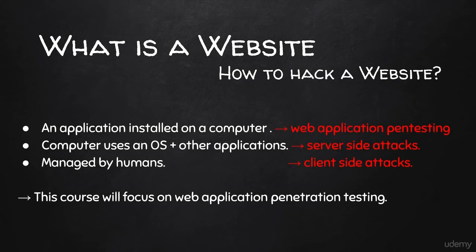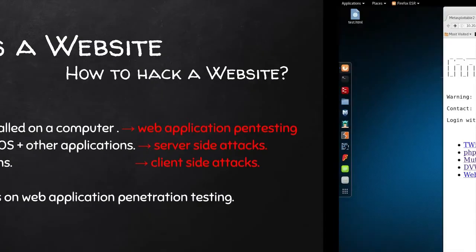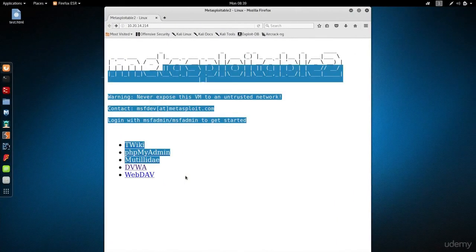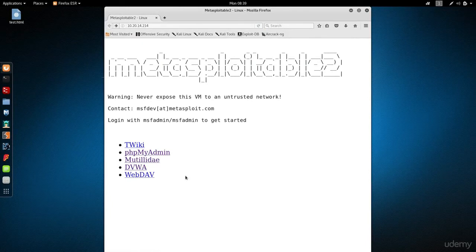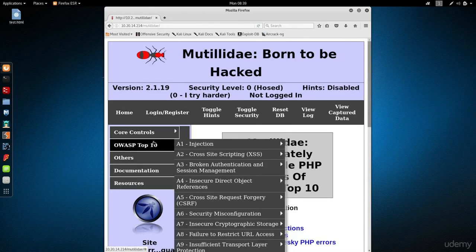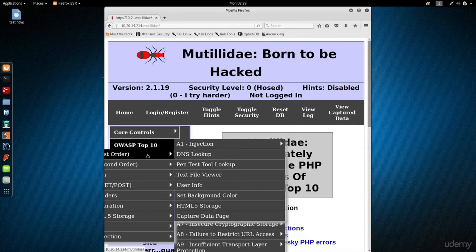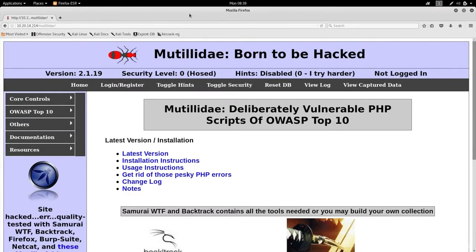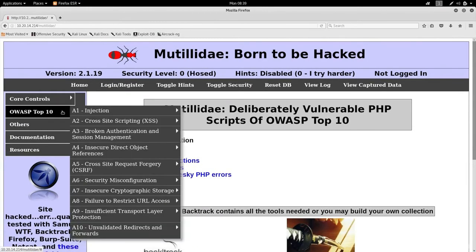So there is more than one thing that we can exploit to gain control over a website. Now, the main thing, the obvious thing that you'd think of, is the web applications. So it's the thing that you always interact with. For example, in Facebook, it's where you search for stuff and where you upload pictures, where you write posts. All of these things are handled by the web application because it's the thing that you click, the thing that you interact with. So for example, if I go here on Mutillidae and I start browsing the web page, this is my web application. So every time I click on something, it's being handled and executed by the web application